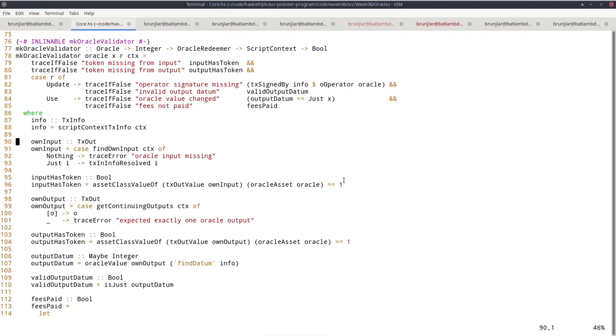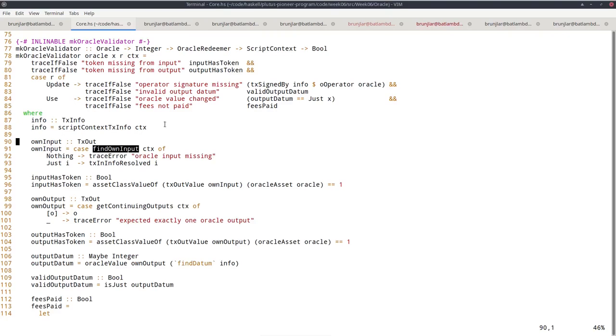And there is this function that's provided by the Plutus library, findOwnInput, which, given the context, gives me that input. But that is a Maybe, because I might be in a situation where I'm not validating an input. I might be in the monetary policy context, for example, in which case there is no input that is being validated. So this Nothing case should not really happen, because we know we are validating the consumption of the oracle.